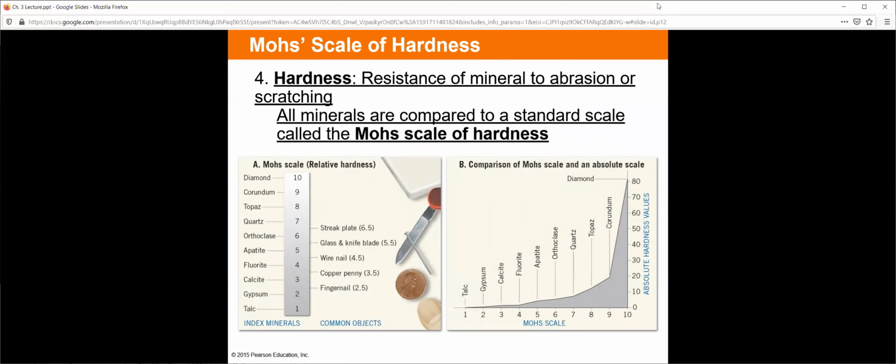Hardness. Again, nice thing about geology, if I say the hardness of something, I don't need to explain to you what hardness is, right? Hardness is the resistance of a mineral to abrasion or scratching, how hard the mineral is. We use in geology a Mohs hardness scale, or a relative hardness scale, to describe how hard something is. It goes from 1 to 10, 10 being the most hard, diamond, 1 being the least hard, talc, like literally crumbles in your hand. Will crumble under abrasion or scratching.